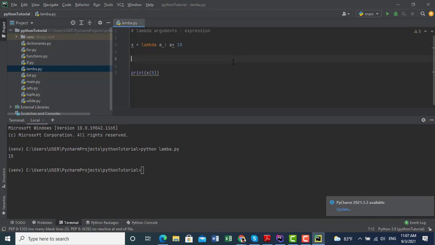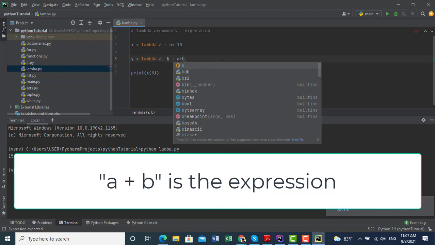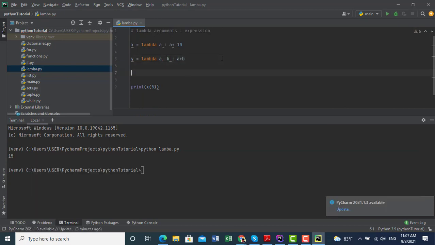Then I define y is equal to lambda. I define two arguments, those are a and b. Then a plus b. Okay.